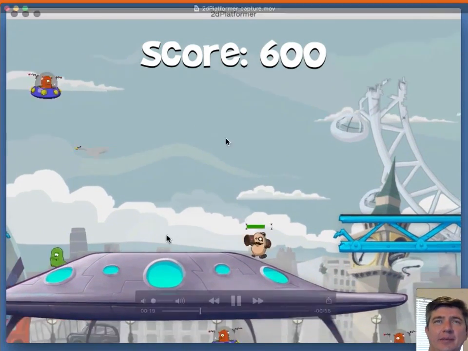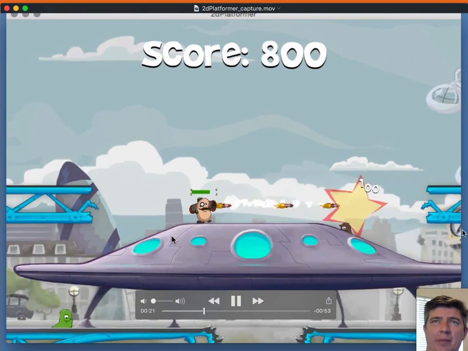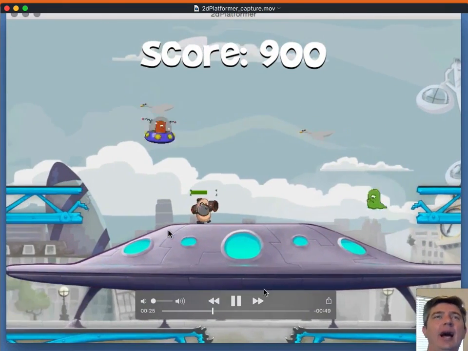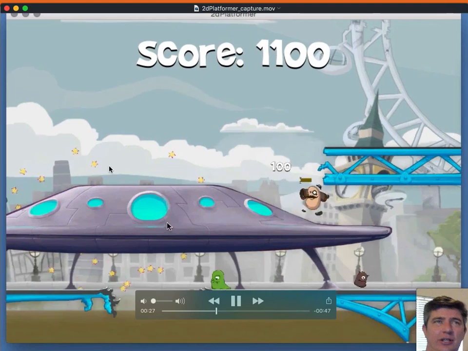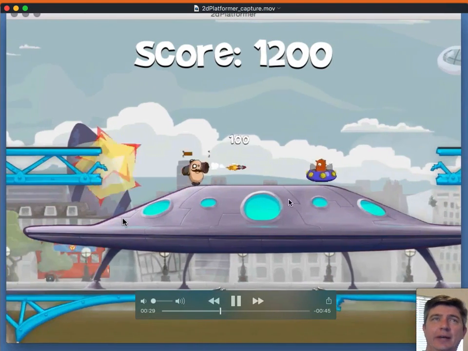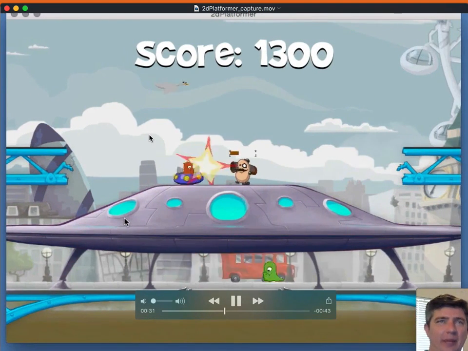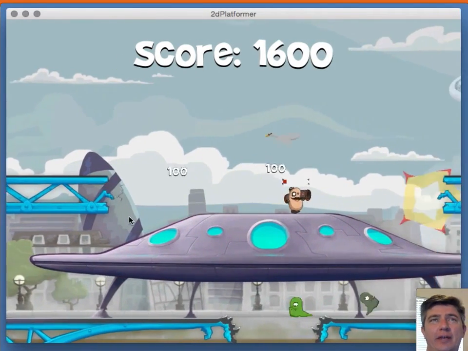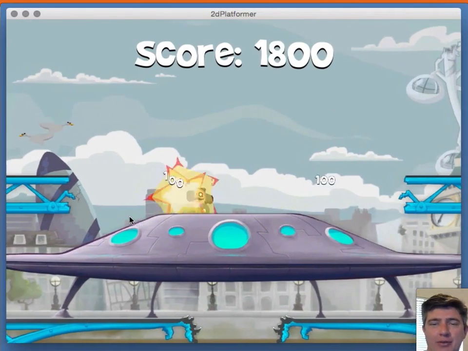You can tell it's London because Big Ben is kind of destroyed over here along with the London Eye. I think this is the London Bridge. It has fallen down, and there's the alien ship right in the middle of it. So a pretty ridiculous concept, but fun nevertheless, and gives us a great opportunity for our music.